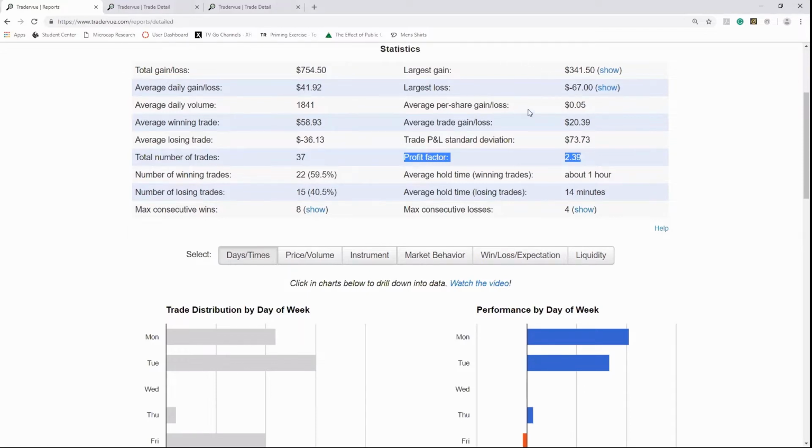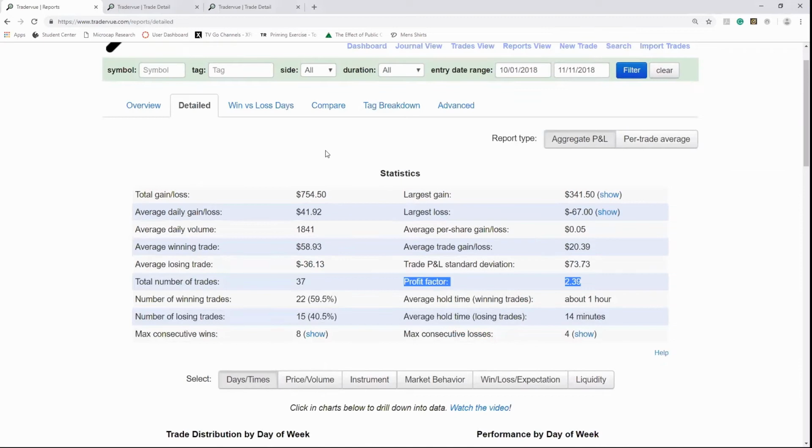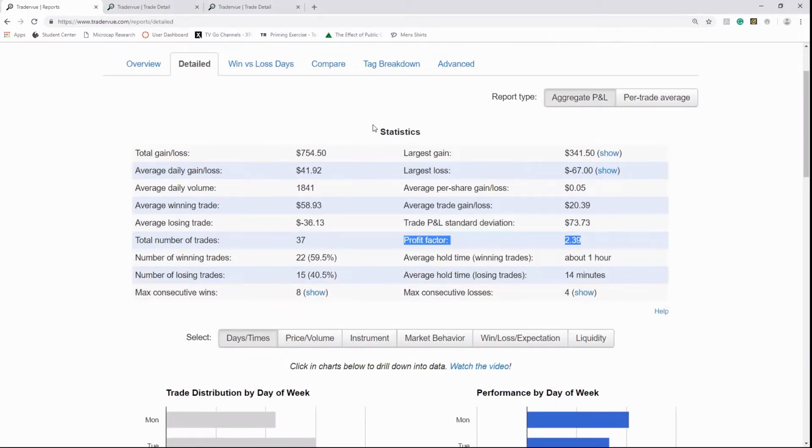For sure. So that's really here, explain this to me though. I actually don't know what the profit factor is. I thought it was risk reward, but what is it exactly? So the way the profit factor goes is that a lot of us calculate risk and reward before a trade,